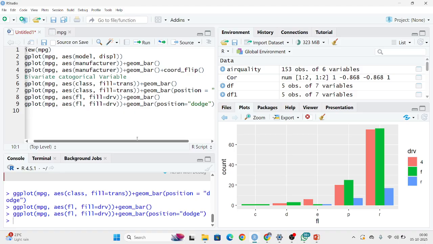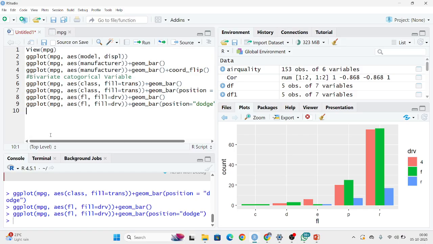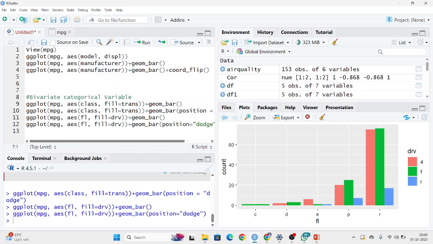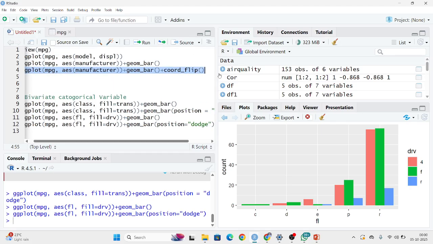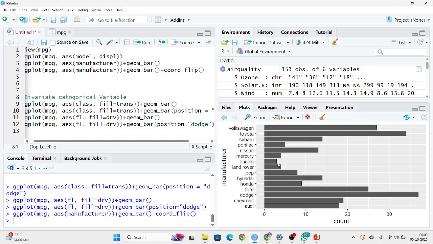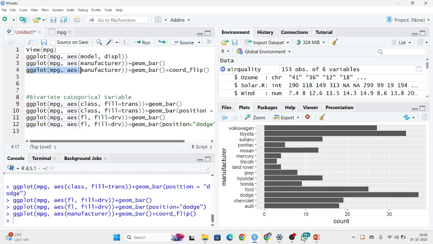Okay, so for univariate and bivariate, for both we are using bar plot, and specifically for bivariate, if you observe, we cannot define the y-axis, and that's why we are using fill. Okay, in one variable, let us work on this, like it was a very simple plot. Let me run it one more time. If I run this, it is a very plain bar plot. If I want to add,